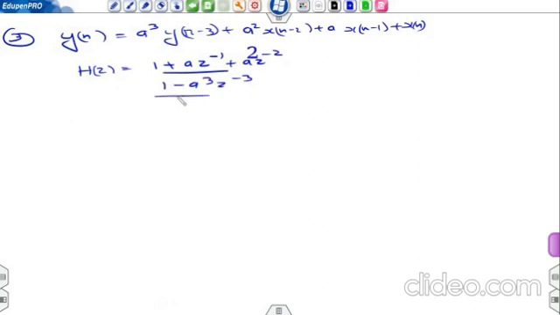So now poles can be calculated from the denominator. So poles are at z equal to a